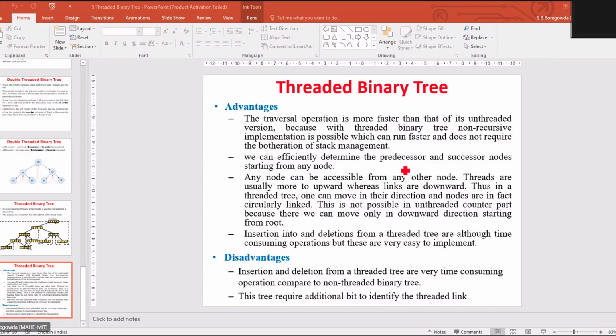Now you apply the left rotation at the node 1. When I rotate it, I'll get 1 as the left child of 2 and 3 as the right child of 2. This is the balanced AVL tree after right left rotation. So these are some of the points you are supposed to consider.